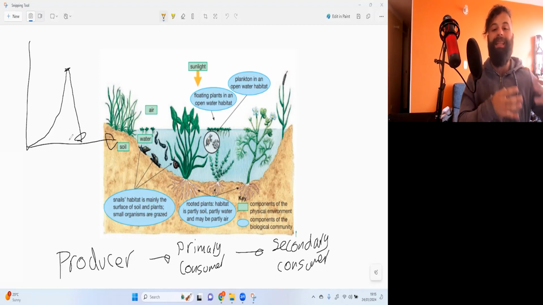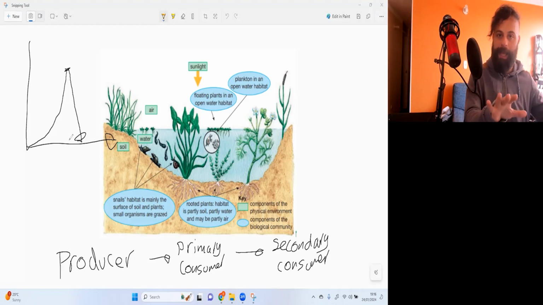Next, what you have is the decomposers. The decomposers are what break down the dead animals and the dead plants back into nutrients for the plants to absorb, pick back up, and actually flourish. So they're kind of like the recyclers. They take everything that is dead. We don't want it to be lying about, so they break it down back into nutrients to get absorbed by the soil, and the soil then gives it to the plants, and then voila.